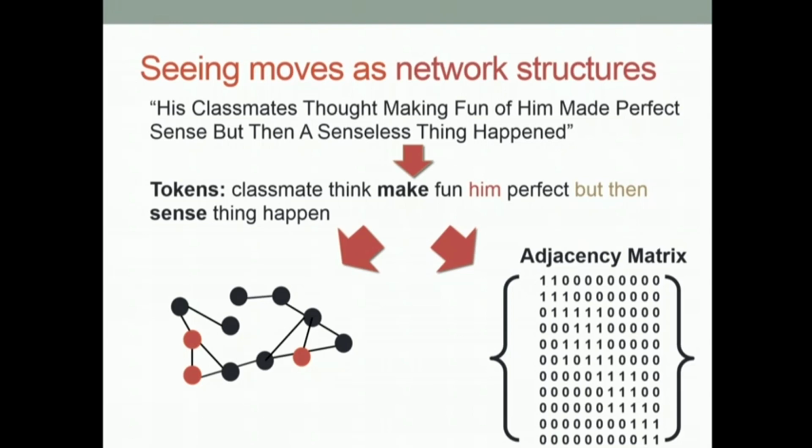Especially for the high centrality content words, like classmate. We wouldn't need classmate, because classmate's not that important, it's not that central. The structure would stay the same. And so what we're seeing, we think, is something that looks a little bit more like a rhetorical move rather than a string of tokens.